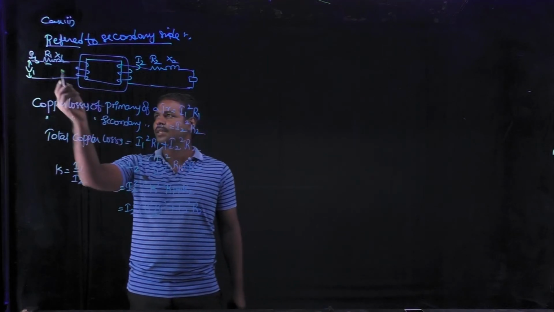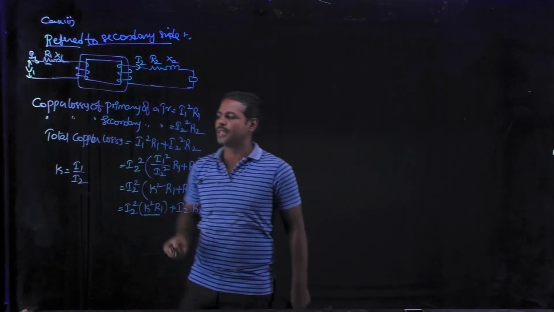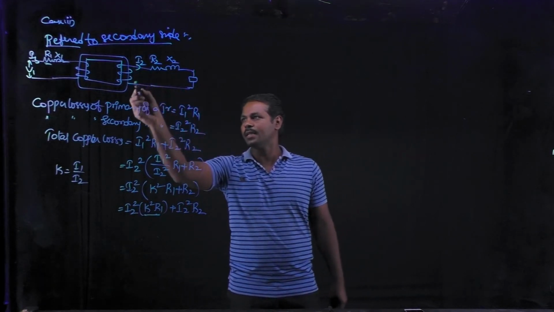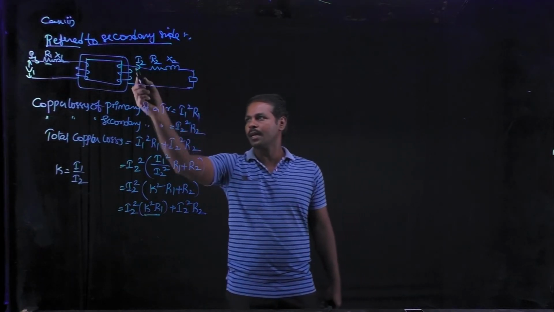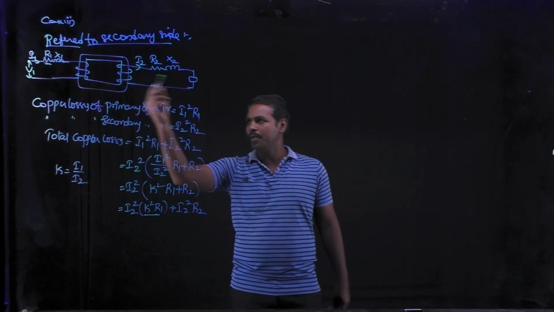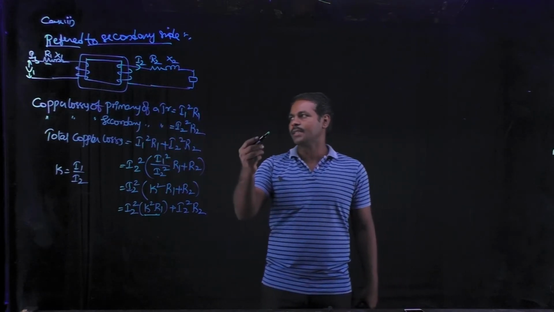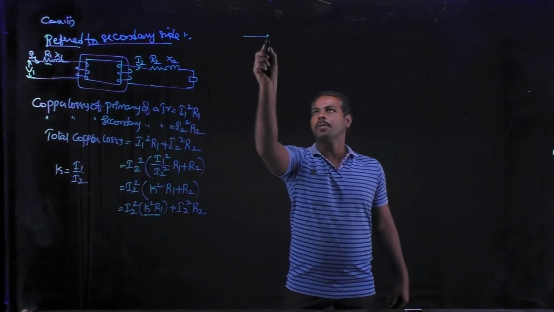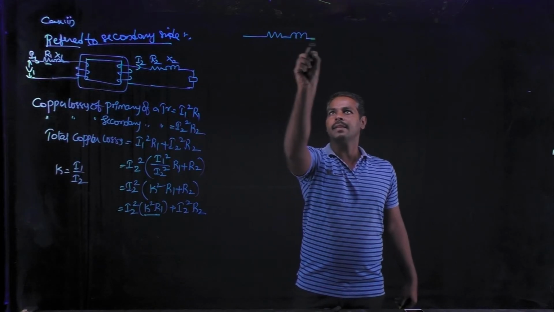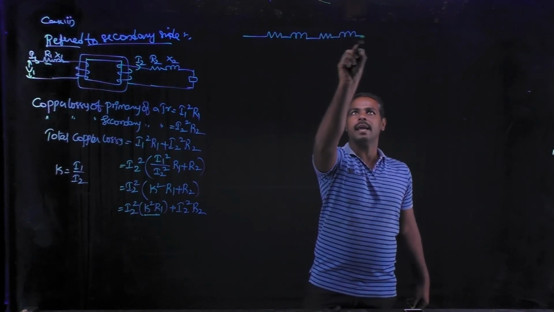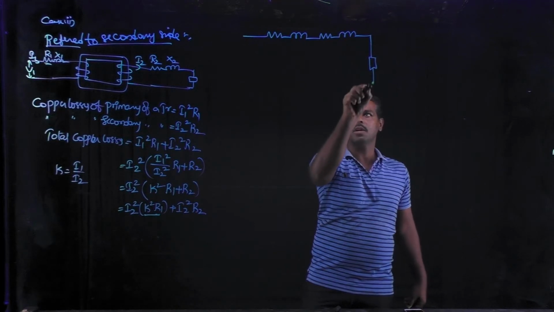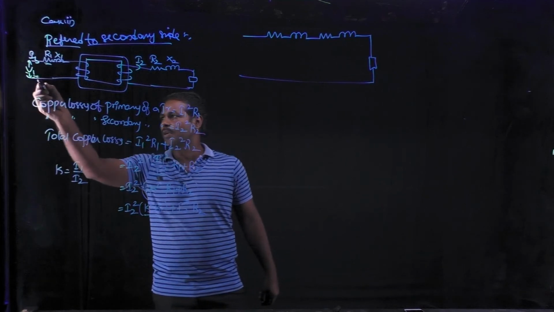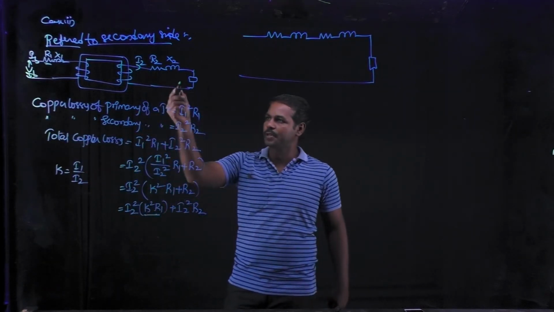So in these equations, these parameters are to be shifted from the primary to the secondary. The secondary voltage is equal to V2. That means V1 is to be directly shifted to the secondary side. So how do we shift the parameters? For example, the resistance and reactance across the load, which is to be connected across the voltage. But in this, the supply voltage is equal to V1, which is to be referred to the secondary side.